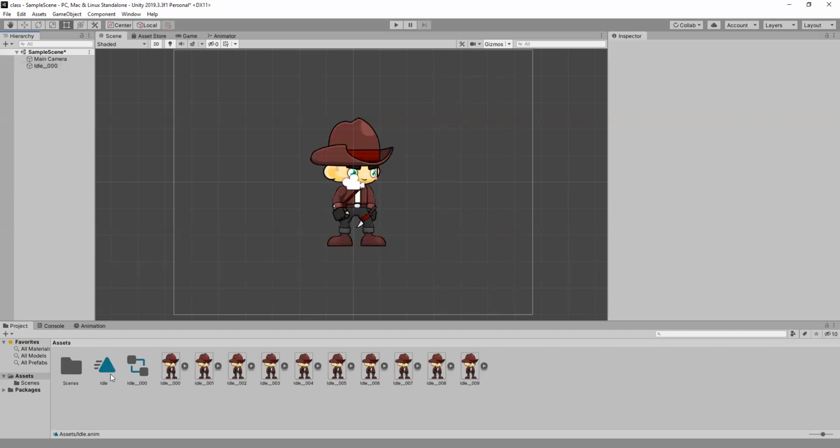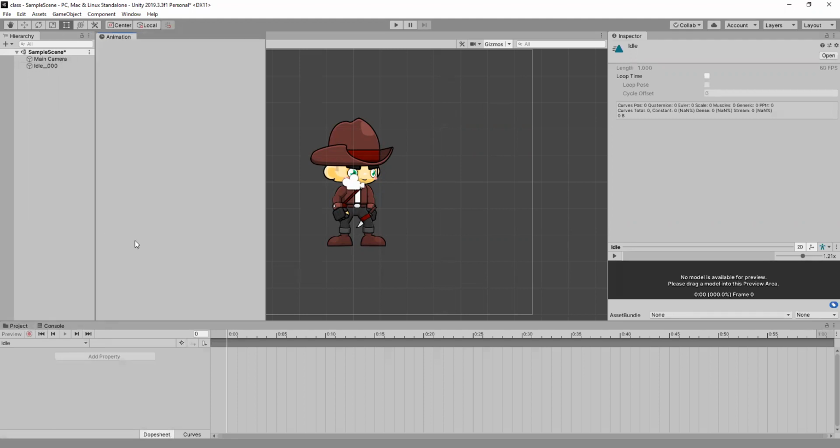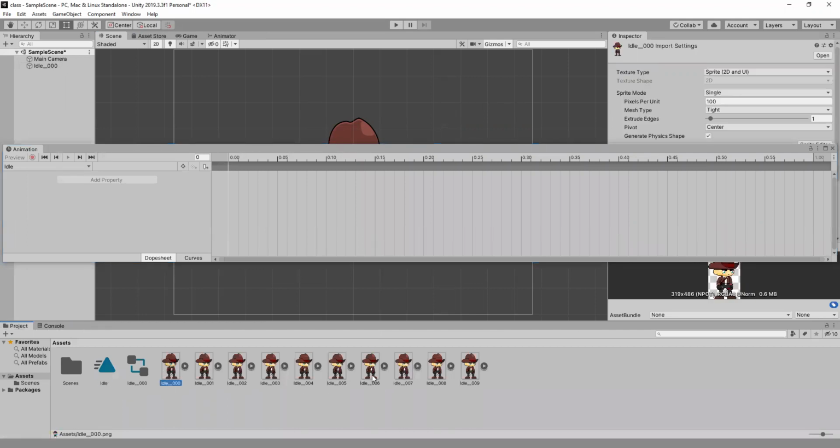Just follow the steps. Drag that idle to idle 00. So here, in the window itself, we have a number of animations which are there.